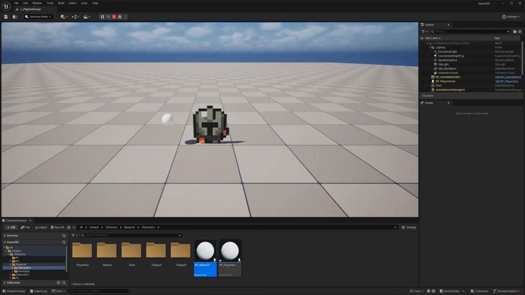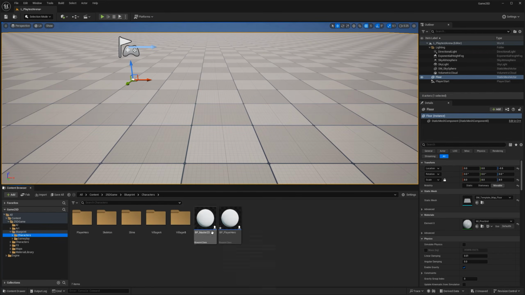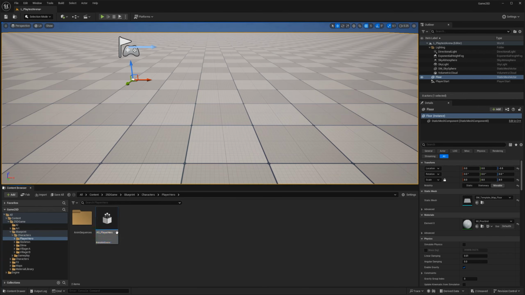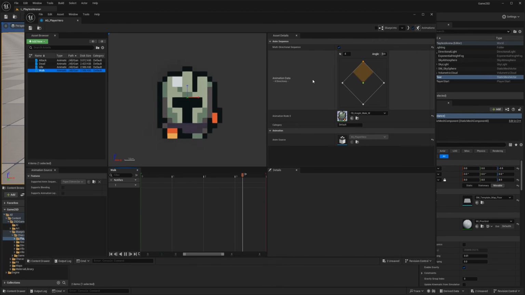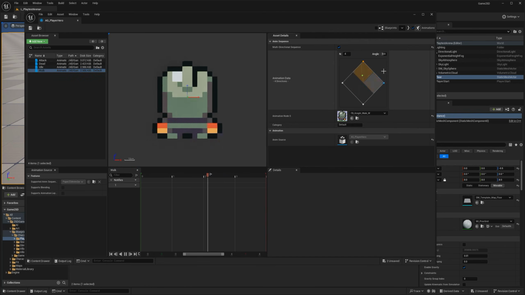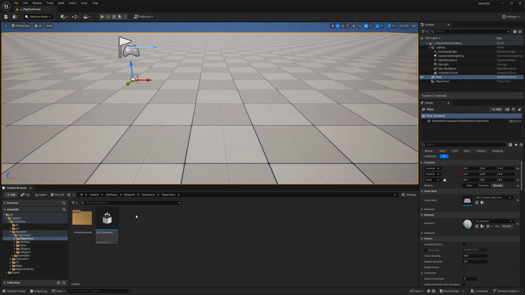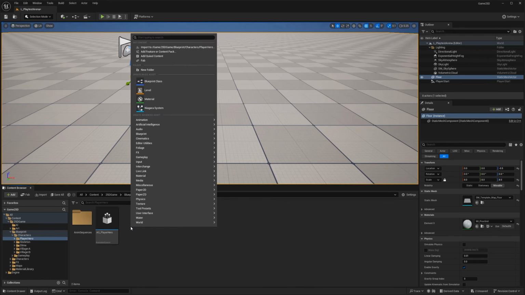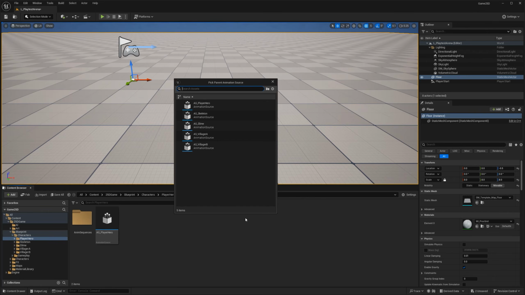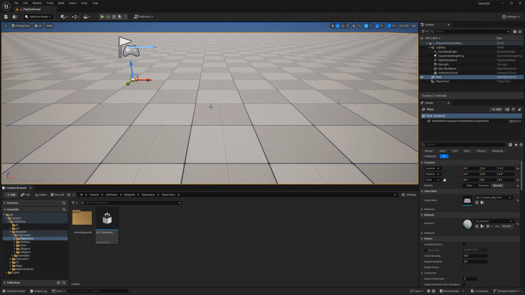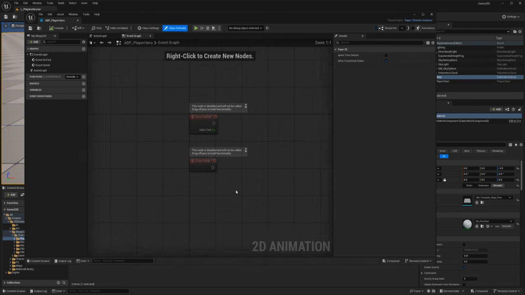So next, let's finally do the movement. So you might be asking, outside setting up the characters that we're using with the animation source, this next step is another reason why we're using Paper 3D instead of using the vanilla Paper 2D tools inside Unreal to do this. So what we're going to be doing is creating an animation blueprint. So I'm going to go to my Paper 3D animation blueprint, and I'm going to pick which character I'm going to use it, and that's the player hero. So ABP for animation blueprint, player hero. Save it and double click.